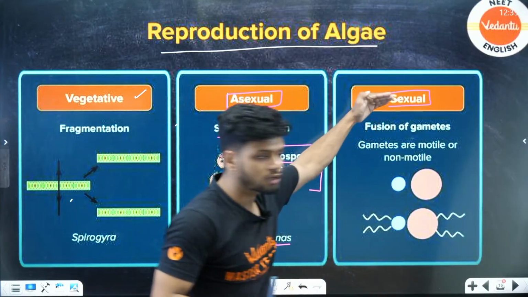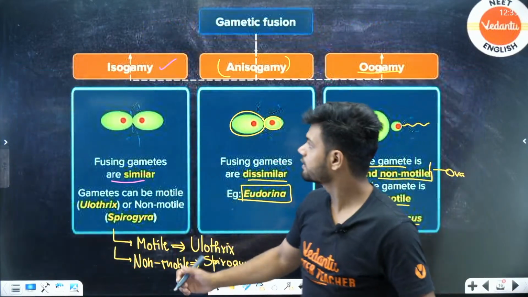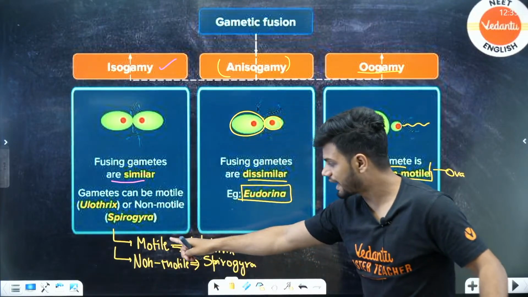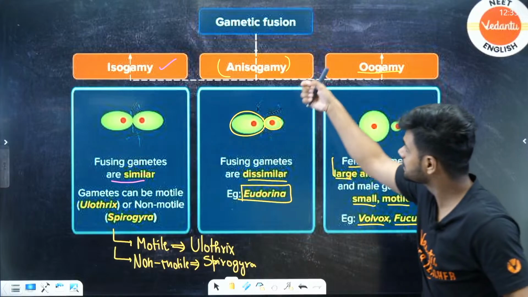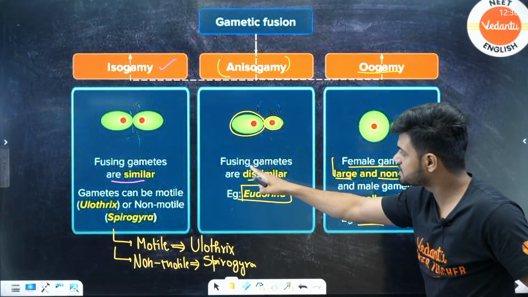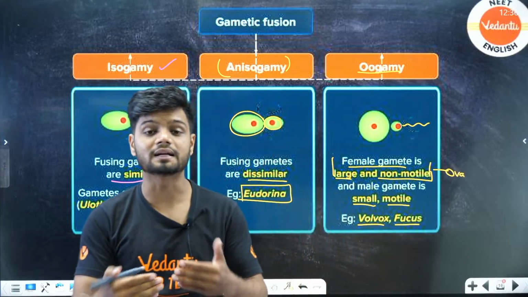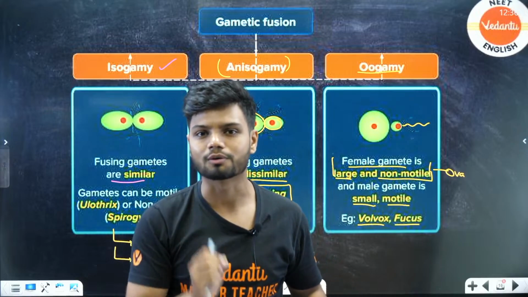Chlamydomonas. Under sexual reproduction, that is fusion of gametes, it is divided into three categories. We have isogamy, that is gametes are similar. If it is motile, Ulothrix; non-motile, Spirogyra. Then under anisogamous, the gametes are dissimilar. Example is Eudorina. Under oogamous, gametes are dissimilar again, but the female gamete is large and non-motile, just